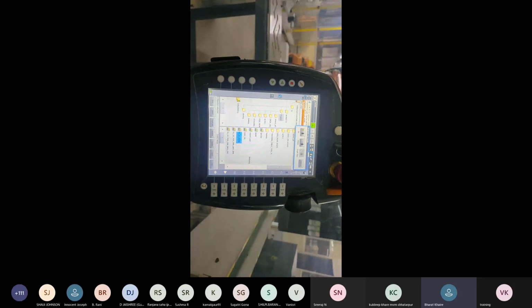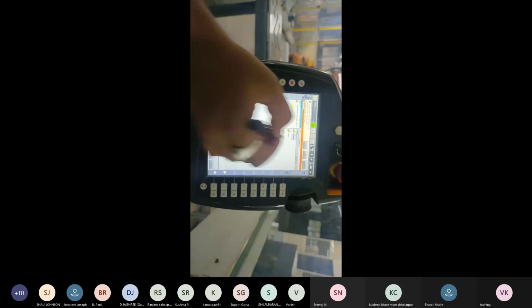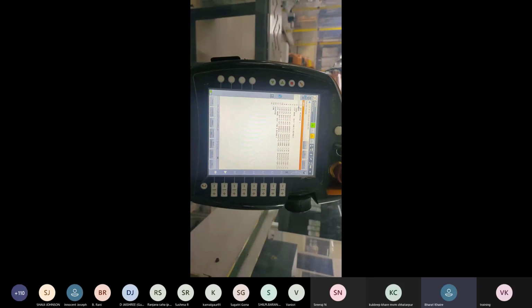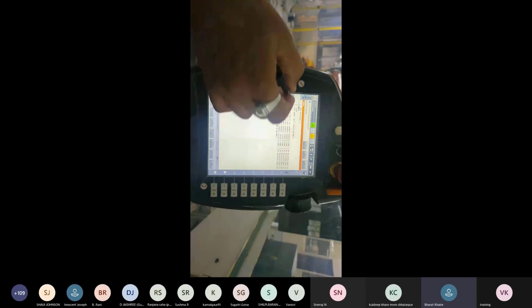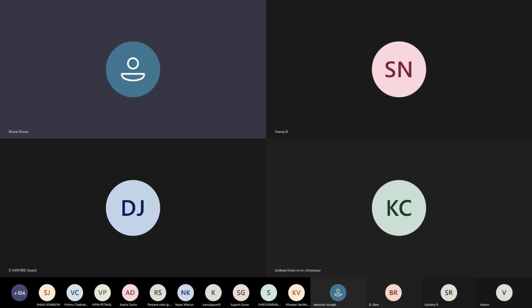Another feature is given here. Go means the program will continue without stopping. We are opening one program. You are watching so many blocks, so many lines here. If we want to run the program line by line, each line generates one point. So point to point, we can check the program.